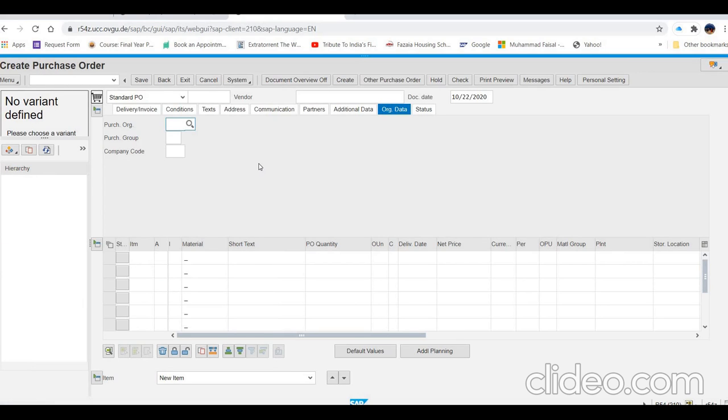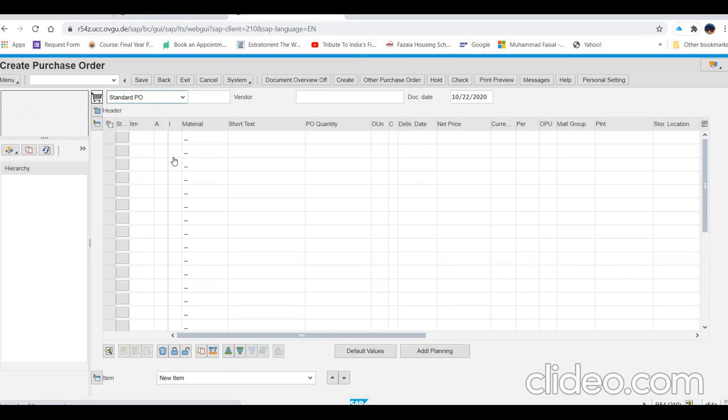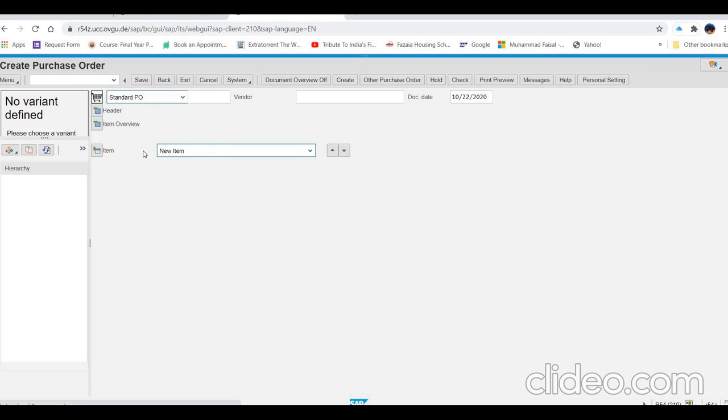Now what you have to do, and company code is also US00. Again, sometimes it is like this. So if it is like this, what you have to do is click here, open it, item overview,